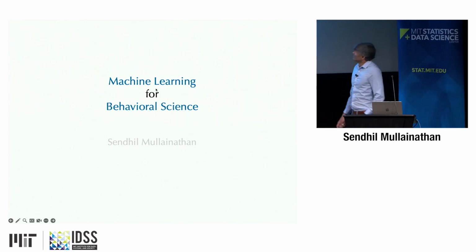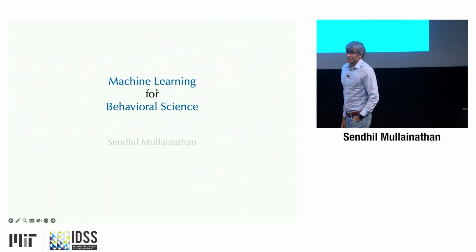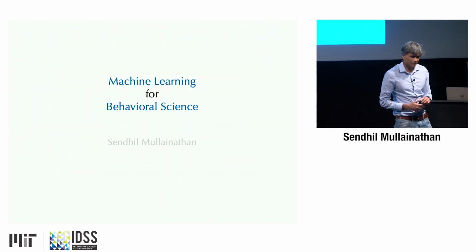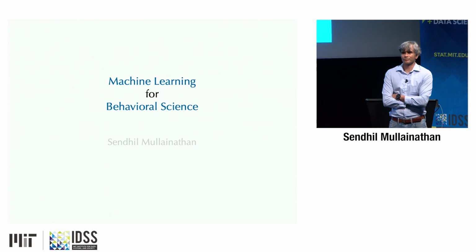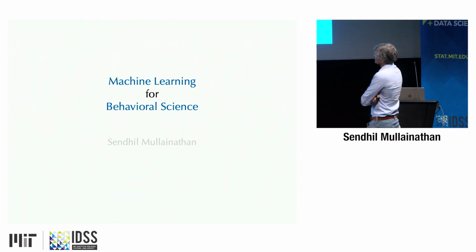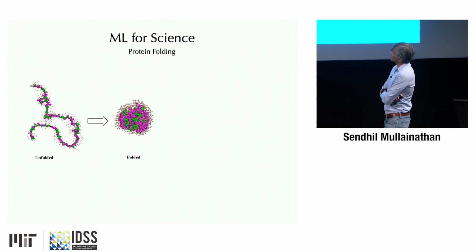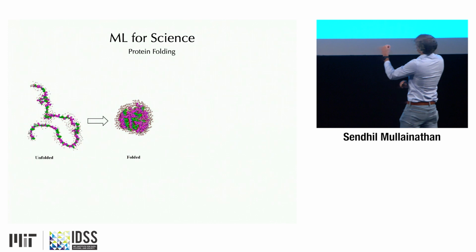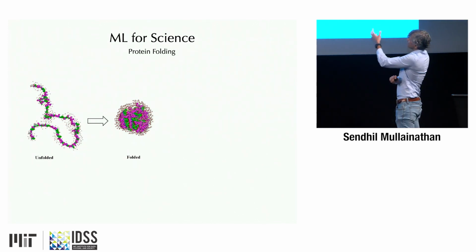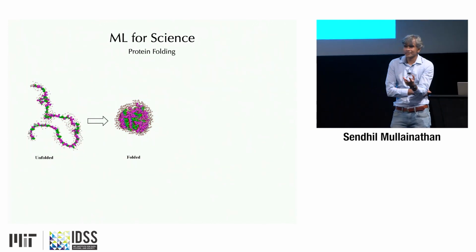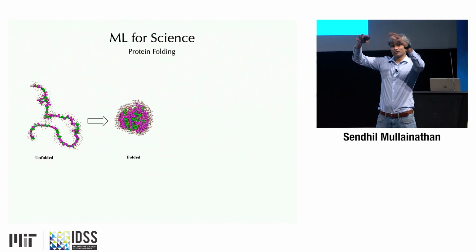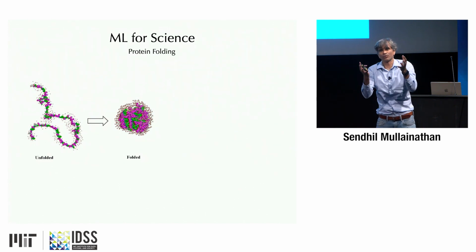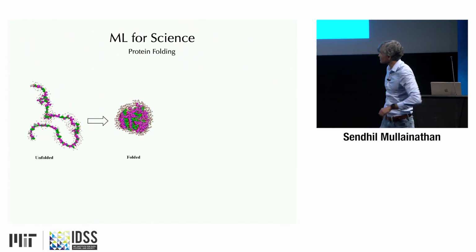That's why. But before doing that, let me just give you a sense of the overall space of ML for science as it stands, since some of you may not be familiar with this branch of work. Perhaps the thing that you're most familiar with would be protein folding. If you look at protein folding, there's an amino acid sequence, and the question there is, what will the folded version of the amino acid sequence look like? That matters because only the exposed bits can bind to things, so the protein's functionality depends on how it has folded, i.e. what's on the outside.